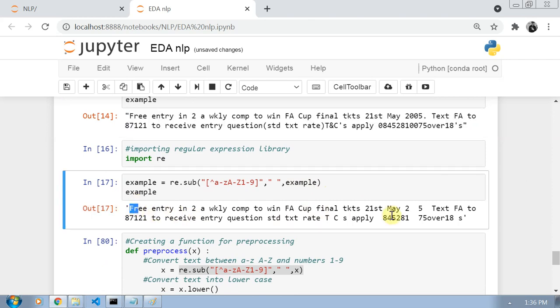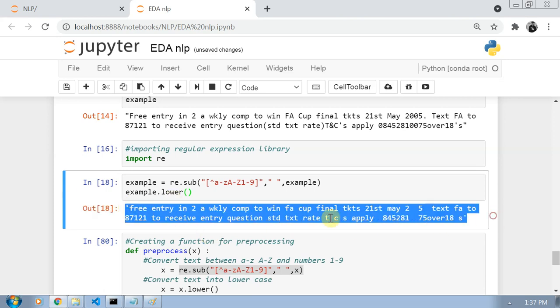You can see in this text no braces and ampersand sign, and only the letters between small a to z, capital A to Z, and 1 to 9 are present here. Now what can I do more? I can change this into lowercase with dot lower. Now you can see all letters are in lowercase.